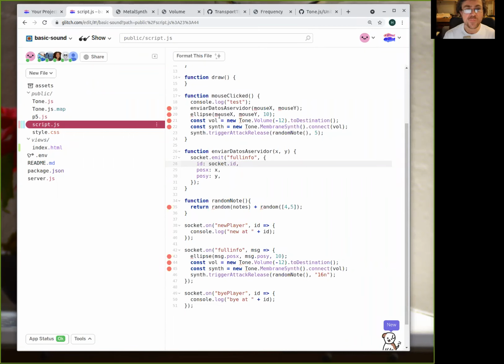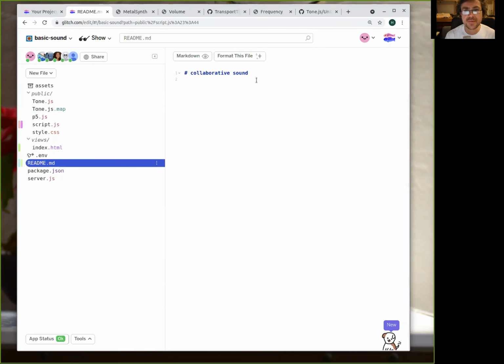Okay, so if you're doing this in your own code, let's do a couple of things here. First of all, in the README, I will say, okay, thanks for being here awake. Okay, so in public, tone.js is the library, right? Tone.js dot map